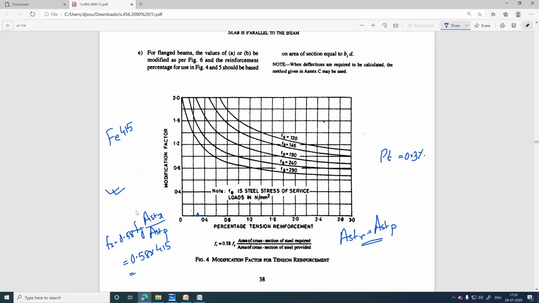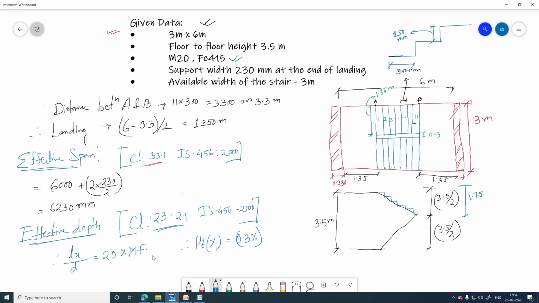So what will be the value here? That is 240.7, in Newton per millimeter square. You can see over here. Now we will consider this second curve. If we make the intersection point of these two values, we will get something near here, right. And the modification factor regarding this point, that is 1.2, 1.4, this is 1.5. So we get the value of modification factor, that is 1.5. So let us put it there. The modification factor value is 1.5.